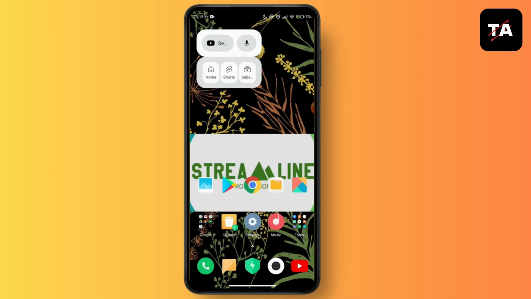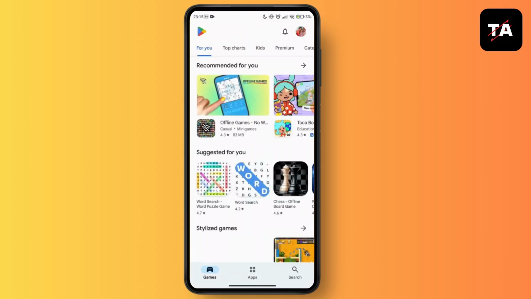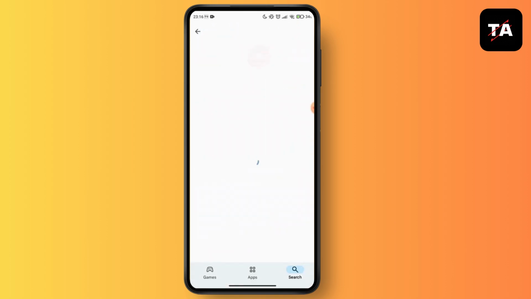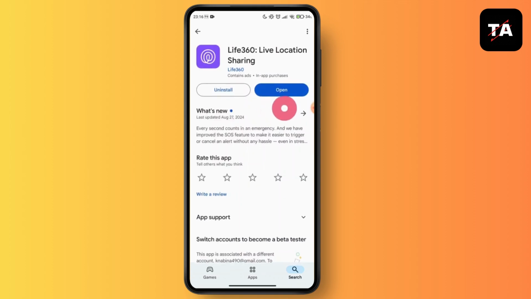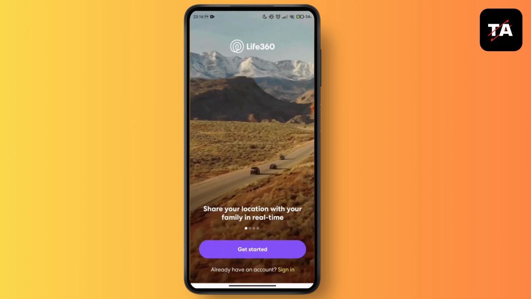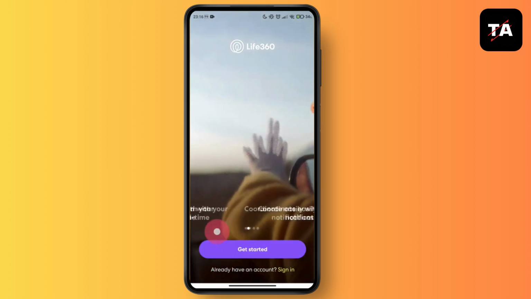So first of all, you have to go to your Play Store or Apple Store, and on the search bar you have to search for Life360. Here you have to install the Life360 app, which is a live location sharing app. You have to go for the open option. Once you have opened up the app, here you can share your location with your family in real time,